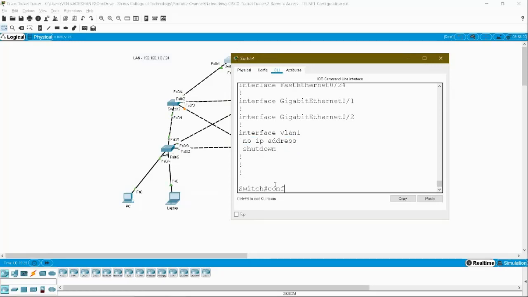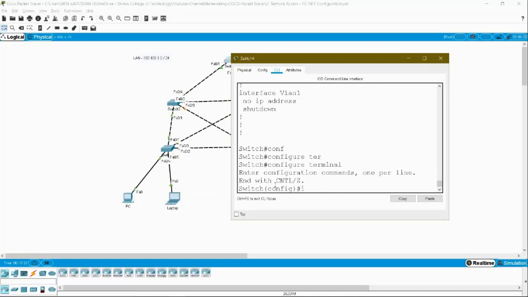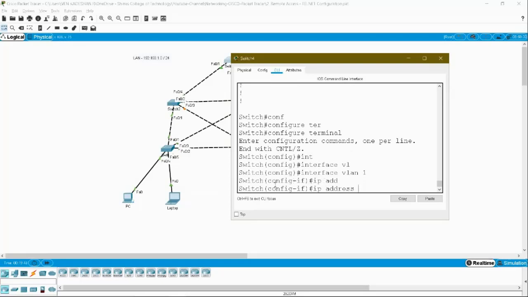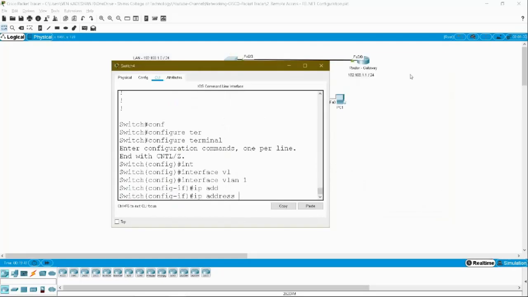So configure terminal, interface VLAN 1. Here if I type ip address, now I am getting the command. For example, I have given 1.1 to the router. So here I am giving 192.168.1.101 for my switch,